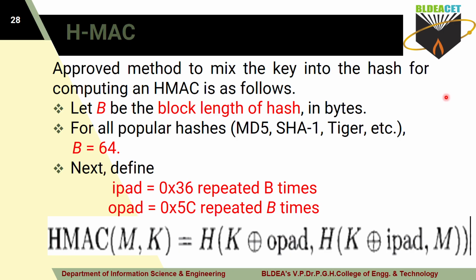Is it clear now? HMAC. For which purpose do you use HMAC? To provide message integrity. The IPAD value, key value and OPAD value are known only by Alice and Bob. So even if an attacker, Trudy, changes the message and takes M dash in the place of M, the IPAD value is unknown, the OPAD value is unknown, and the key is also unknown. That's why it is highly impossible for Trudy to forge the hash value here.